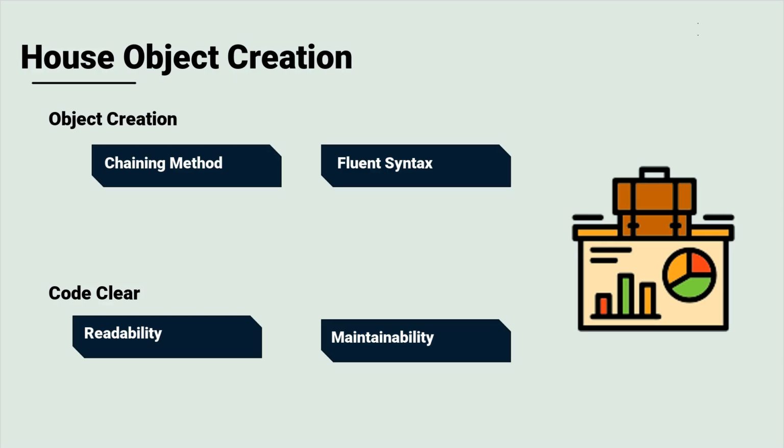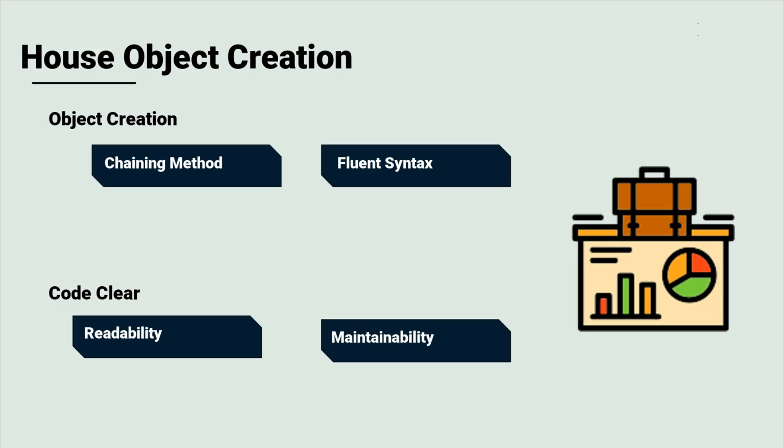The builder is initialized with new house builder, and we proceed to customize the house's attributes using a series of setter methods: set rooms for, set roof type gable, and set color blue. This approach allows for method chaining, enabling a fluent expression of our intentions, and resulting in code that is both cleaner and more understandable. After configuring all the desired properties, we invoke the build method to obtain the completed house